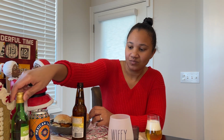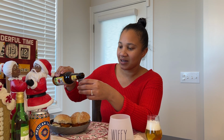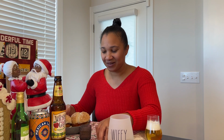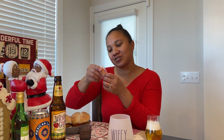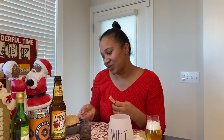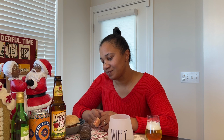And then let's see. Oh, and here's the pineapple cider. I already popped the cap off of this one, so we'll just set that up there. And then we have our cheese, which is cheddar with port wine. And for lunch today, it is salmon burgers. One has pepper jack cheese, one has Swiss cheese. And the sauce is